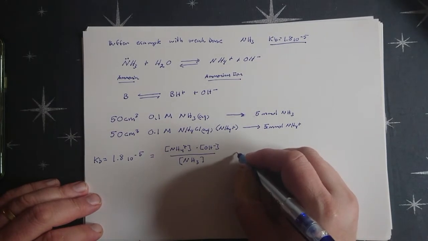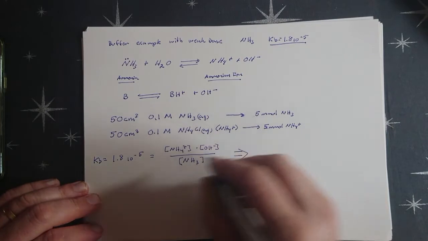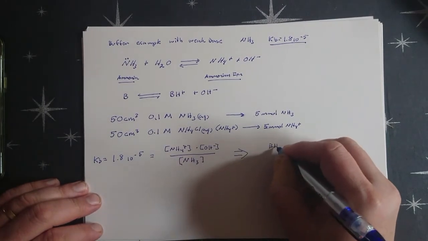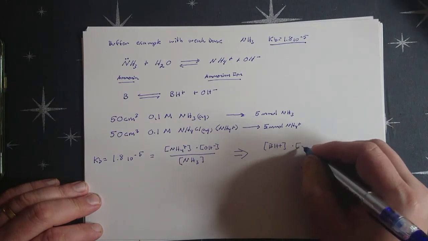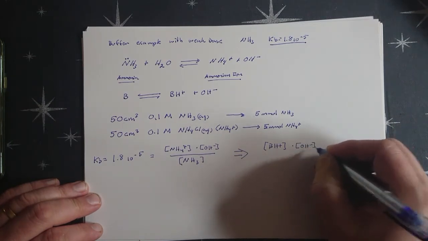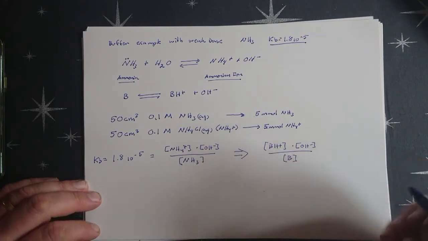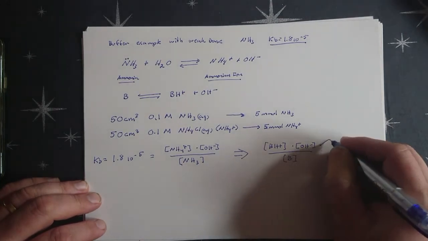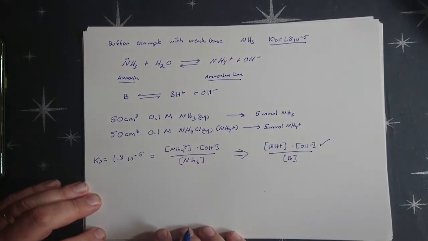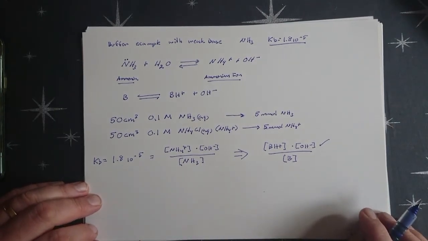We can reformulate this, and this is how I will be using it, as the BH plus concentration times the OH minus concentration over the B concentration. It makes it a little bit simpler for us. So this is the way I'll be writing it from now on. So if we're going to find the pOH or the pH